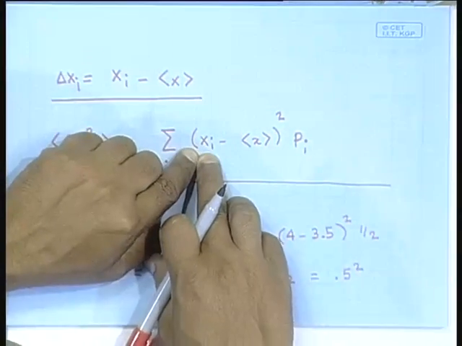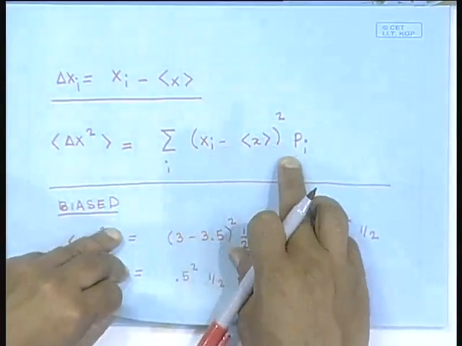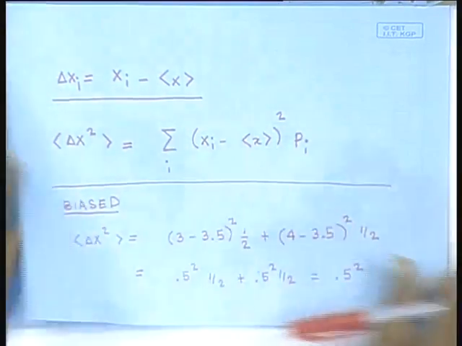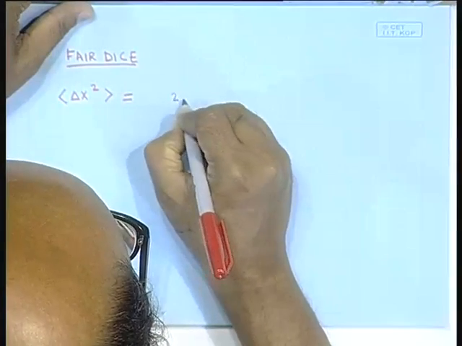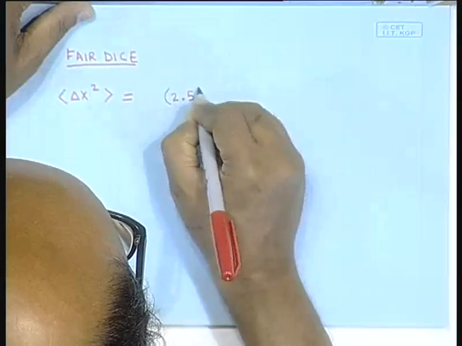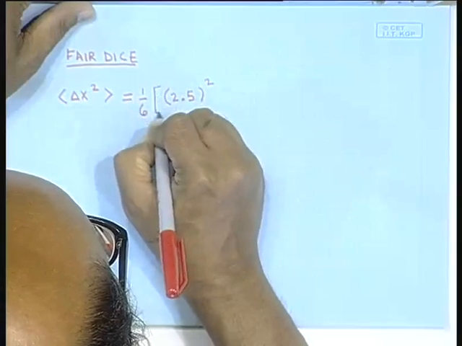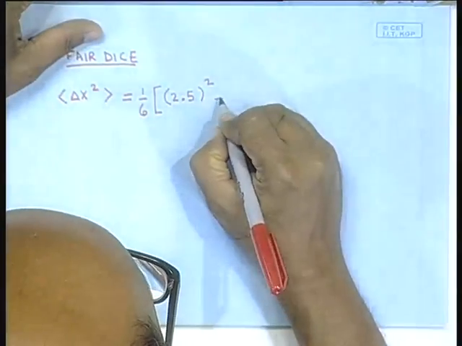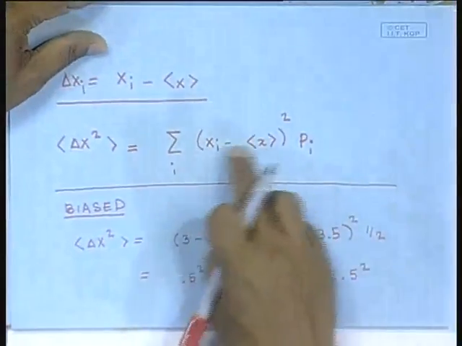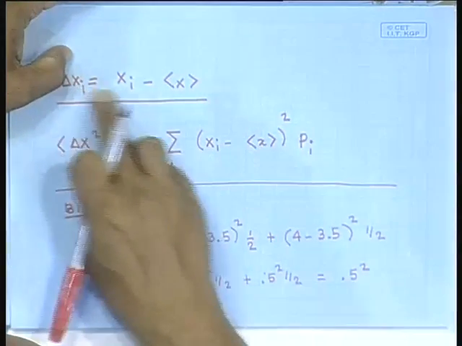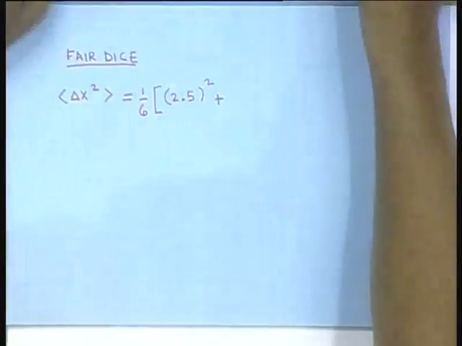The first outcome is 1. So, 1 minus 3.5 is 2.5 in magnitude, and it has a probability 1/6. So, this is going to be 2.5 squared, with a factor of 1/6 for all of the possible outcomes, plus then you can have an outcome 2. The deviation for 2 is 2 minus 3.5, which is 1.5, plus